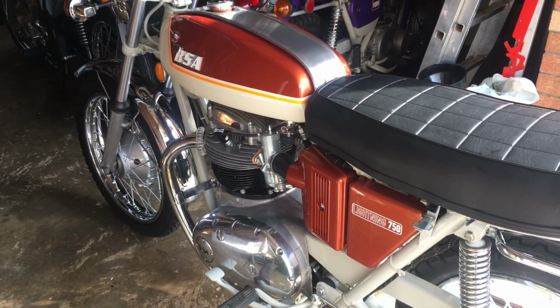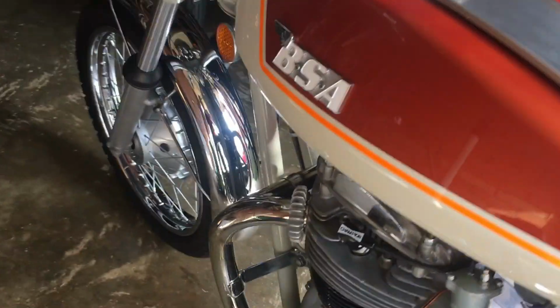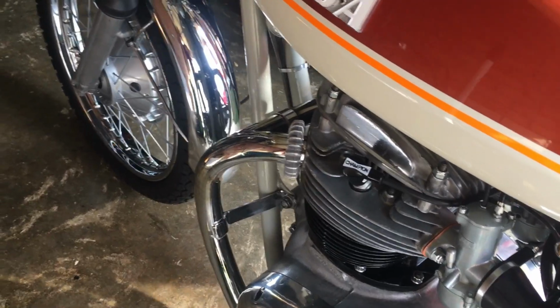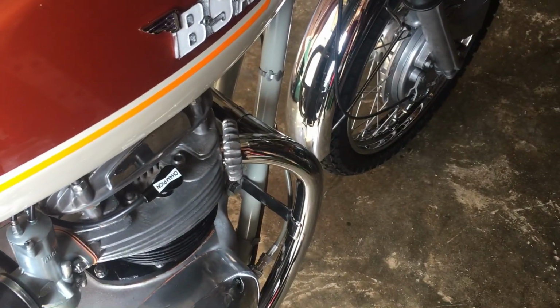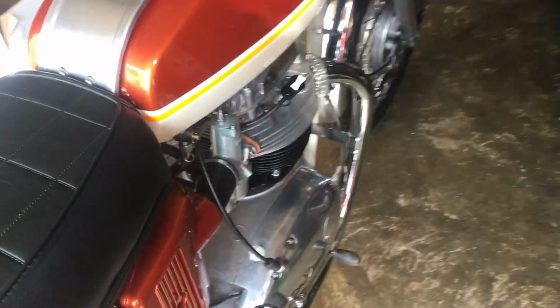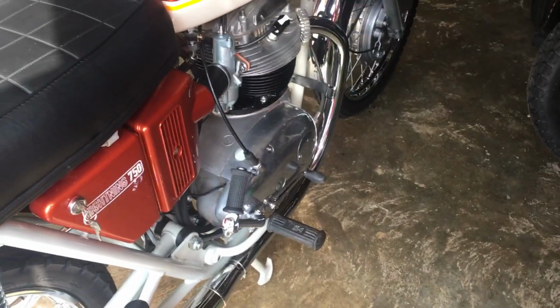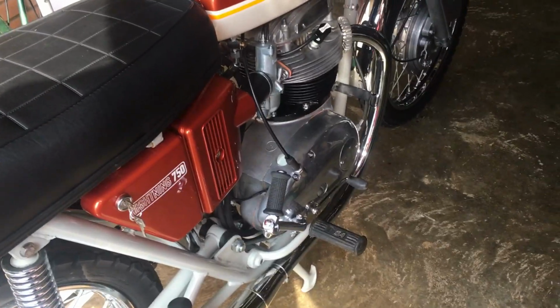So overall, really impressed. And also the problem that we had on the first startup with this pipe yellowing hasn't got any worse at all, and hasn't yet begun on this side as well. So I think we've got the timing, and certainly we know we've got the jetting right. Obviously we haven't tested the motor at all yet, and it's going to get a lot hotter, but I'm pleased with that. No obvious oil leaks,